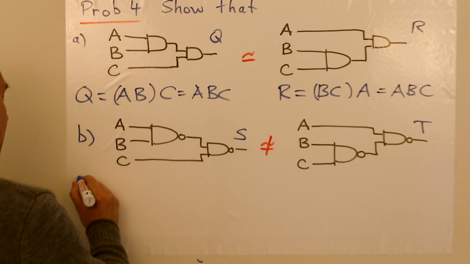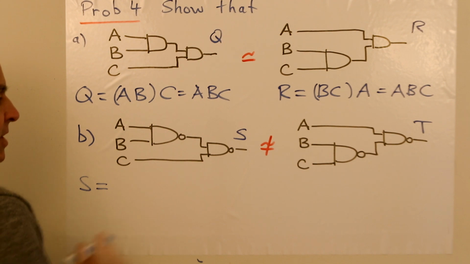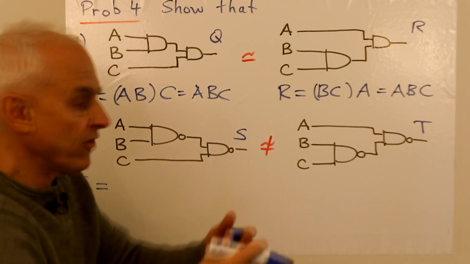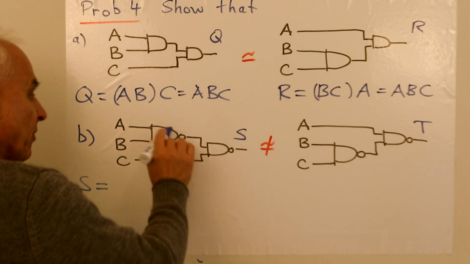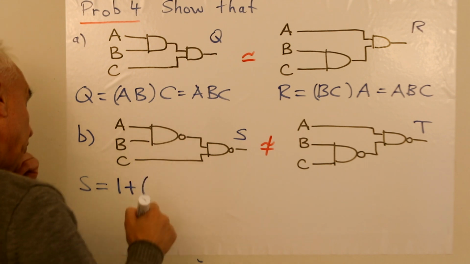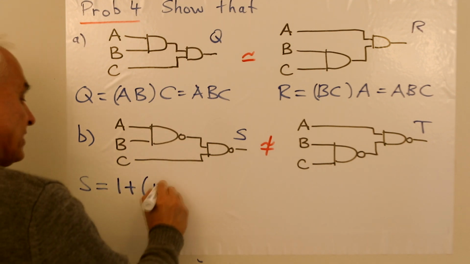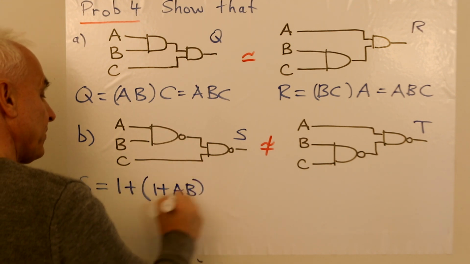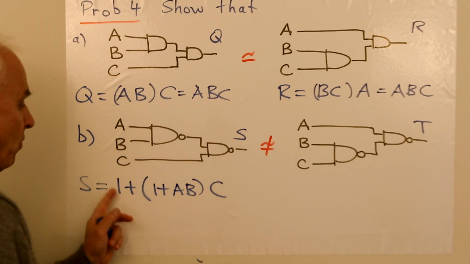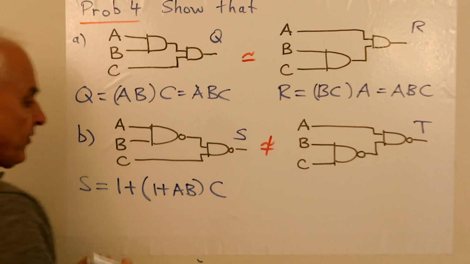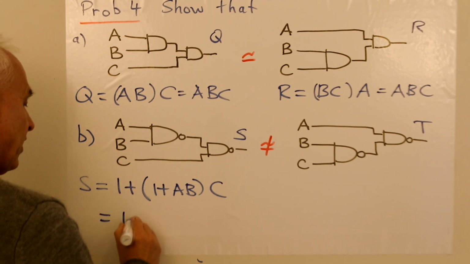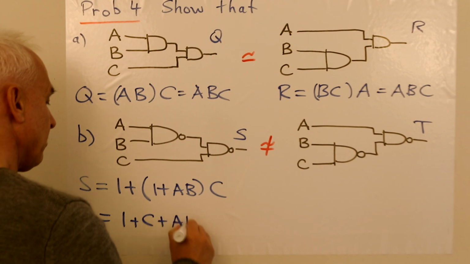So over here, S, what is that? So it's a NAND gate. So a NAND of A and B would be 1 plus AB. So we have to take 1 plus the product of these two inputs. 1 plus. The top input is a NAND of A and B. That itself is 1 plus AB. That's that top input. And the bottom input is C. So here we're taking 1 plus the product of the inputs. That's the NAND. And that simplifies to 1 plus C plus ABC.